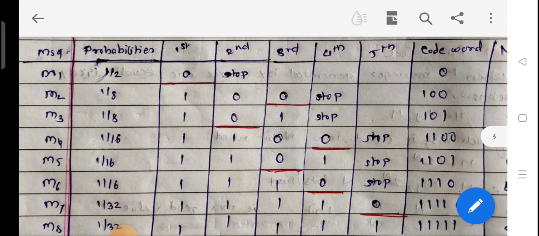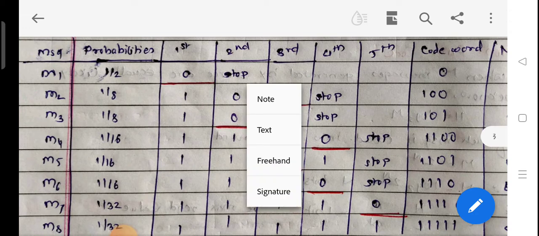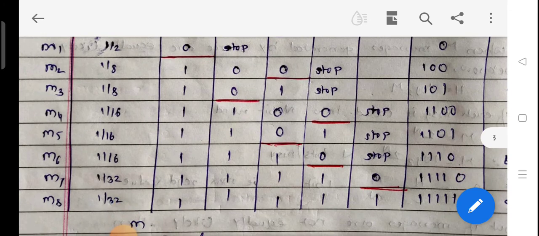So for M1 we have to stop here in the second column. Now for the next set, from M2 onwards we have to do partitioning. So how can we partition again with the equiprobable set? See here, if we add the two messages M2 and M3, the probability value will be 1 by 4,